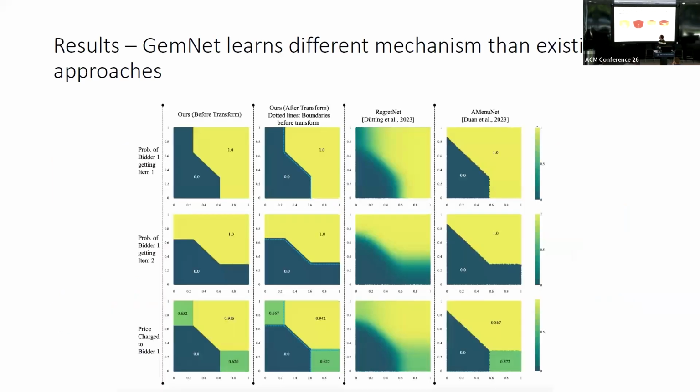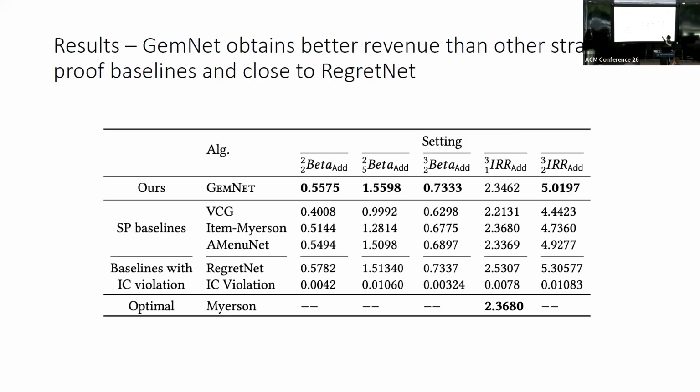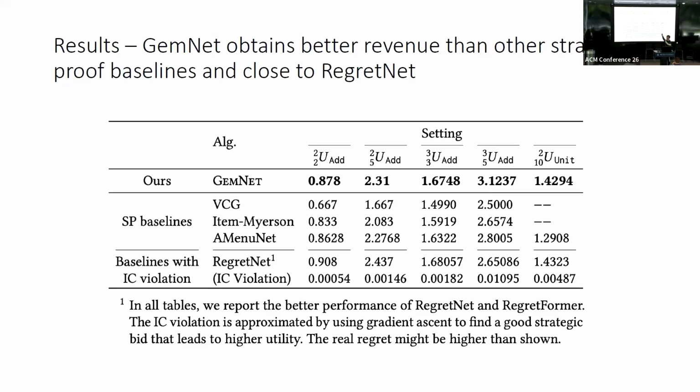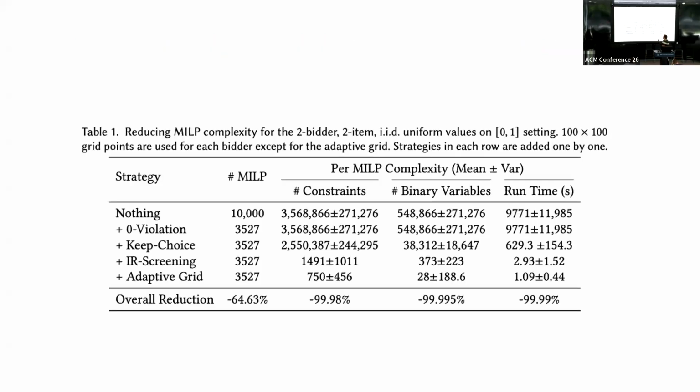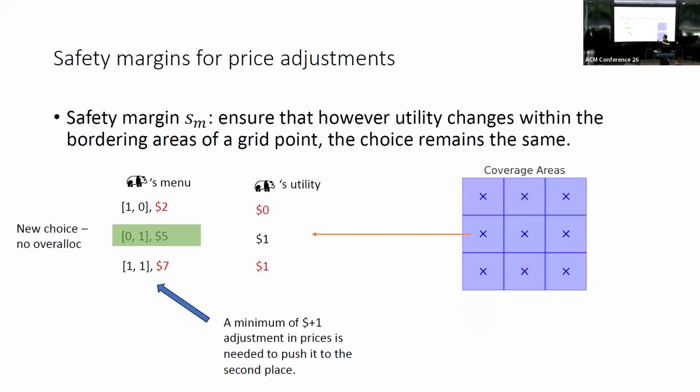And something that I think is worth mentioning about scaling: the largest instances that we tried are like the 2 to 10 settings. And in general, we tried settings like 2x2, 3x3, 2x5. Because of the nature of the mixed integer linear program, it does scale exponentially. So we do have a problem with scaling up. If we think of a setting with 10 bidders and 10 items, this is a current limitation of our work. But we do think that if we just limit ourselves to finding what these allocations look like, we don't